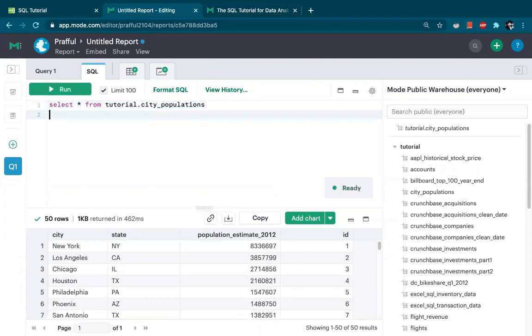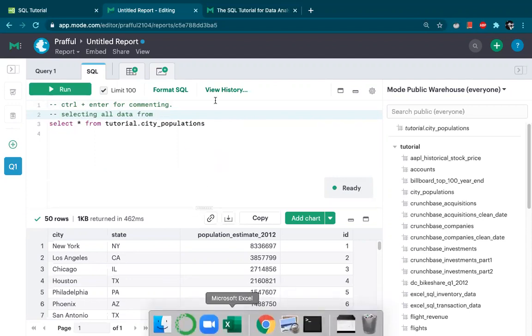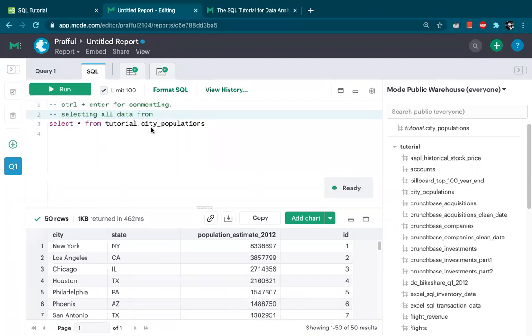And let me just, so if I want to comment here, then I'll just write it as control plus enter for commenting. If you're using Mac, then you should use command plus enter. So you can comment like this. You can also give 2 hyphens to comment any part. And I'm selecting all data from this. This is just for easy understanding of whatever we are doing here, right? This is how you can comment and you can figure it out. So I'm just selecting all data from this